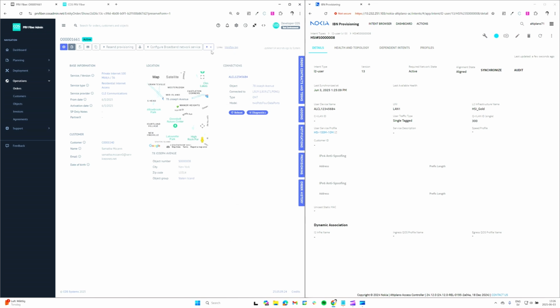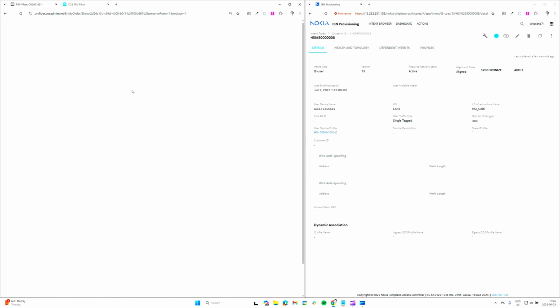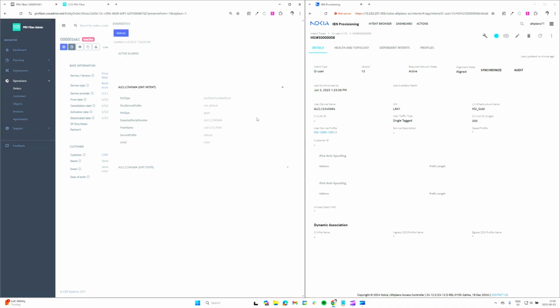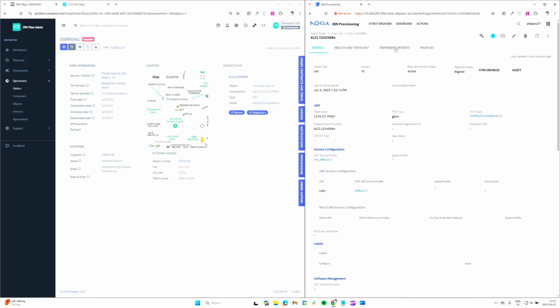I can also, if I wanted to, terminate or cancel this order at a future time and automatically cancel that. I can go ahead as well and just force terminate it for now. And that will terminate it directly and remove that profile, that L2 user, from that ONT. So if I go ahead and look at diagnostics again, like I said, it might take another 30 seconds, but you see there's no L2 user on this ONT. So if I refresh it over here, no dependent intents here,